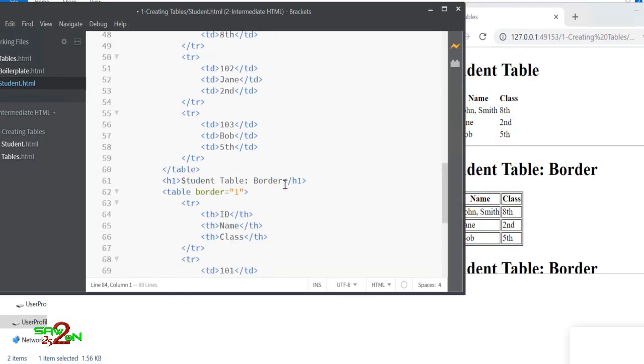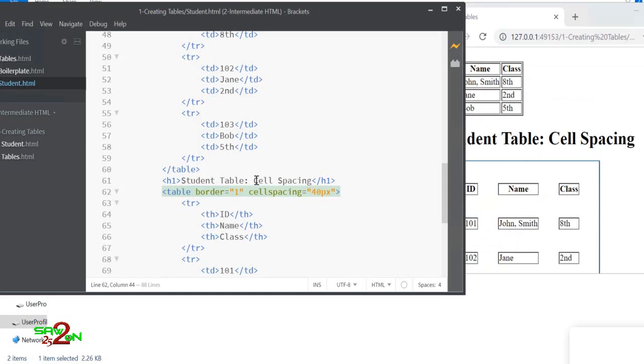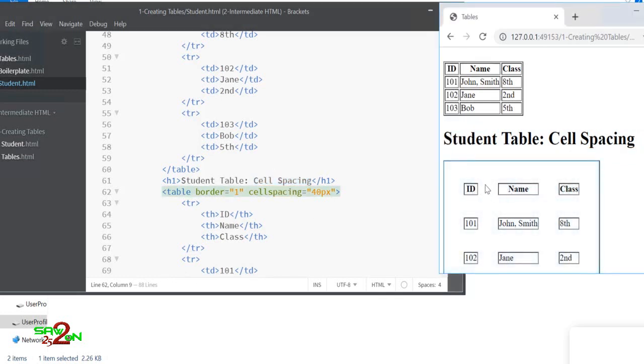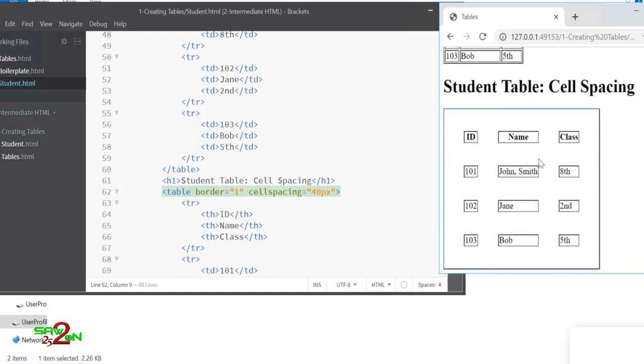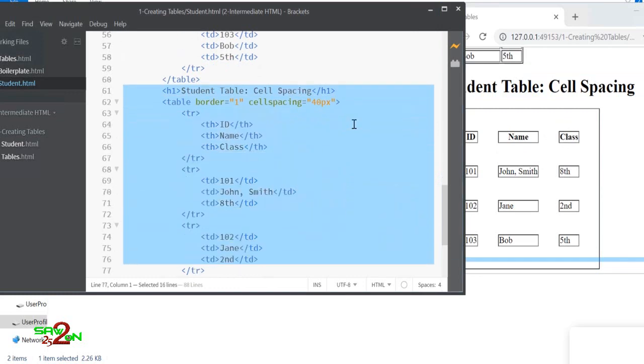Let's create another example. The next example is called cell spacing. You can add cell spacing, that is the attribute, and you can mention how many points it is. Px means points. The spacing is basically spacing between the columns, right? If you see here, there are columns like ID and name. What is the space you want between those columns? It is like one column after the column. What is the space that you want for each of these columns? So that's why you see the spacing is outside that element. That is called cell spacing. Spacing between 2 different cells.